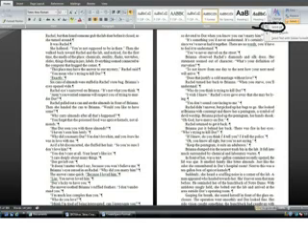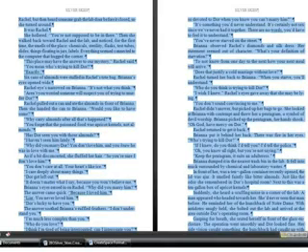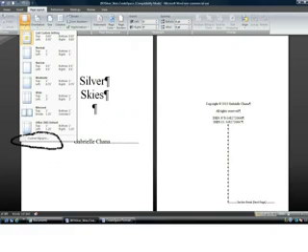And you do that by going to Home, and then in the upper right you hit select and then select all, and that highlights everything. And then after you do that, then you go in to set your margins. And the way you do that is you go to page layout, then margins, then at the bottom choose custom